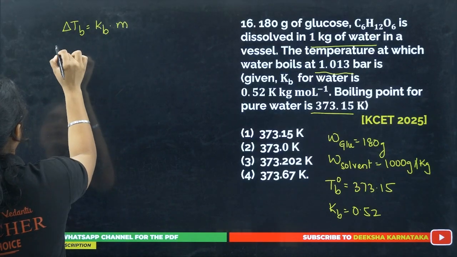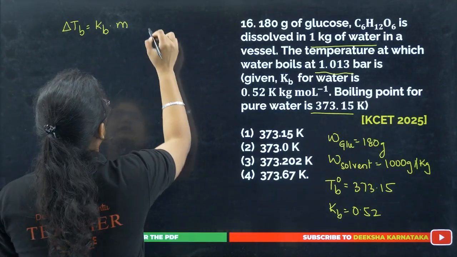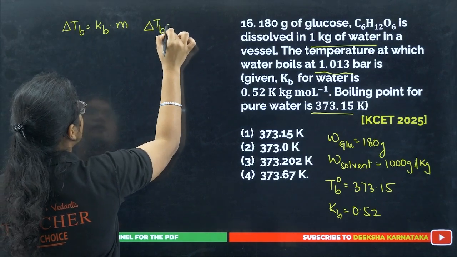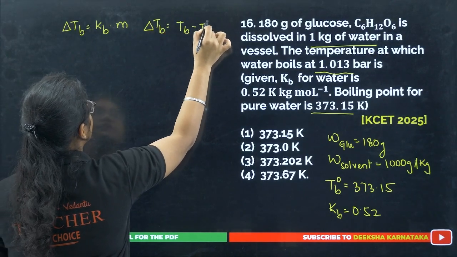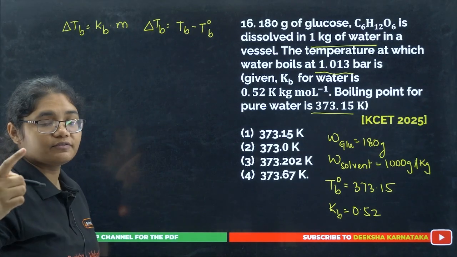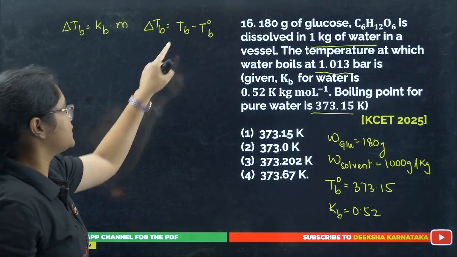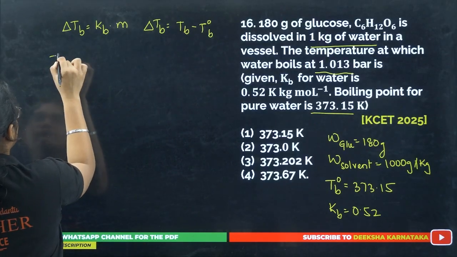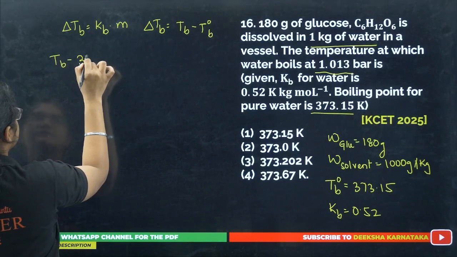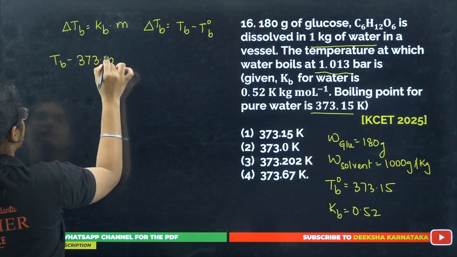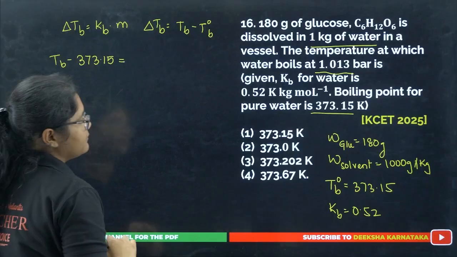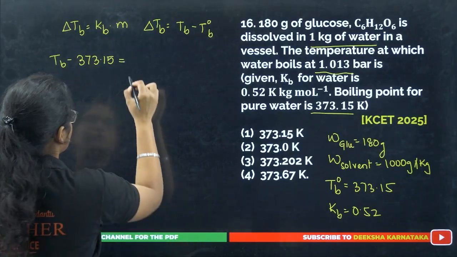What is delta Tb here? I have delta Tb is equal to Tb minus T naught B. The boiling point of the solution will be more than the boiling point of the solvent. So what is the value of Tb here? I have to find out. T naught B is 373.15. Then I have Kb value, which is equal to 0.52,